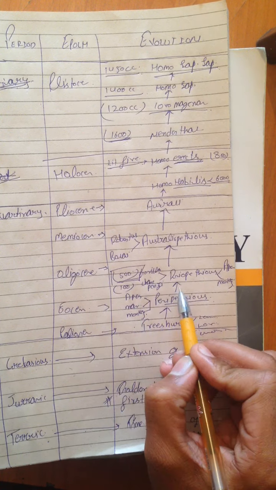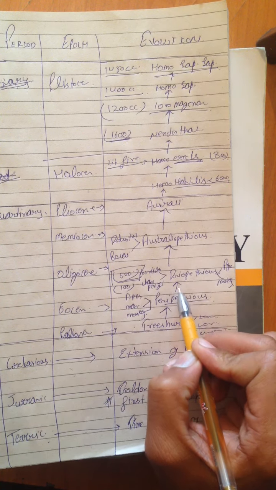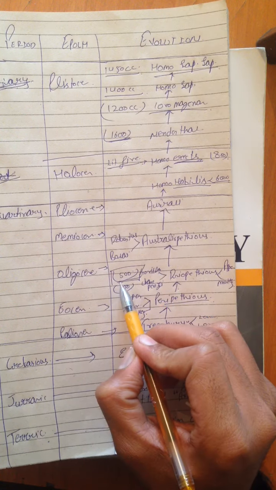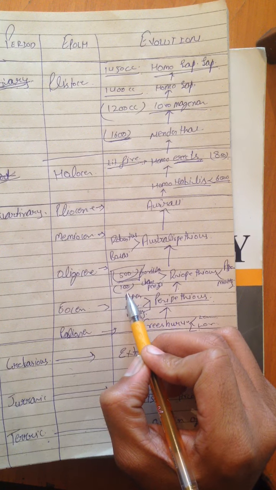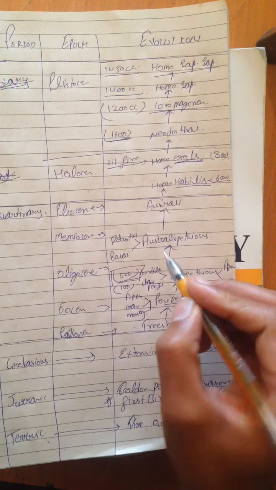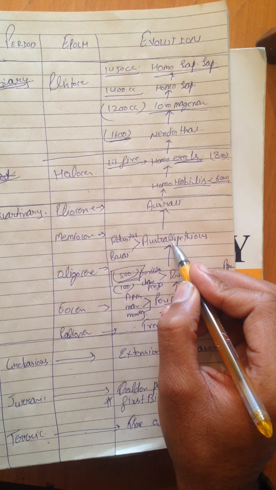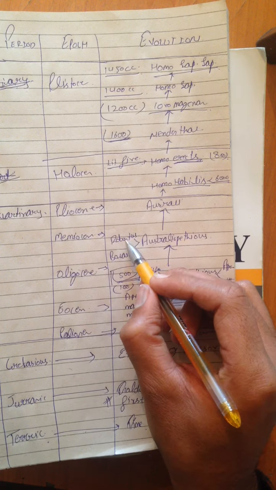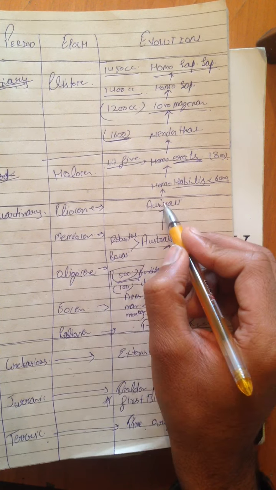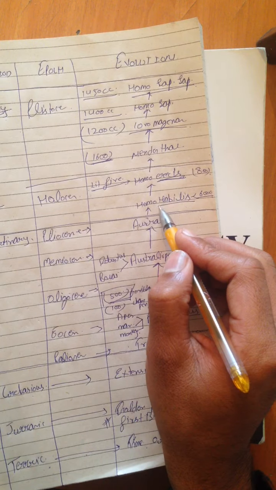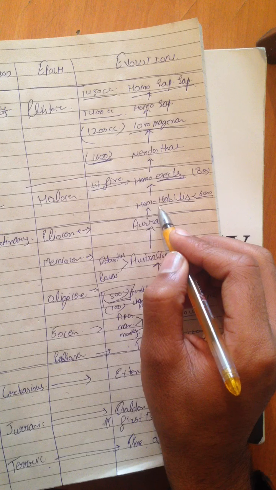Then we are talking about the Oligocene. In Oligocene, the Dryopithecus. The example gorilla and chimpanzee. The gorilla has cranial capacity of 500 and chimpanzee has cranial capacity of 100. Then Dryopithecus are also the common ancestor of ape and man. Then we are talking about the Australopithecus. They occur in the Miocene era. Australopithecus are of two types, robustus and bosai. Then Australopithecus goes to the Pliocene. Then they occur in the Holocene, which is the part of tertiary period of Cenozoic era.